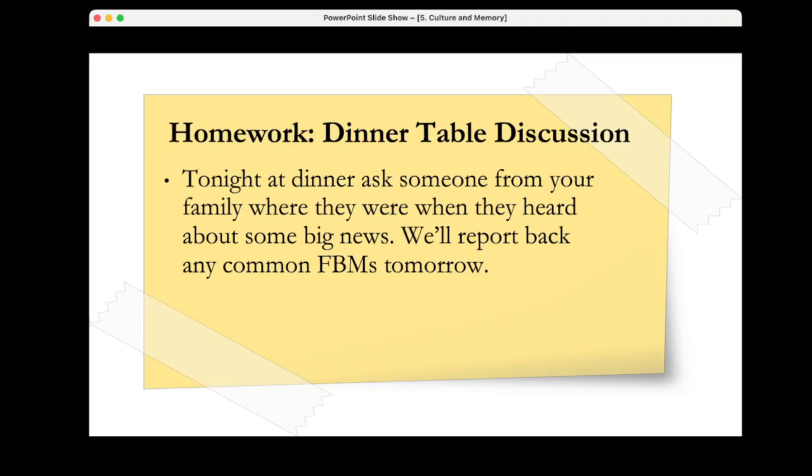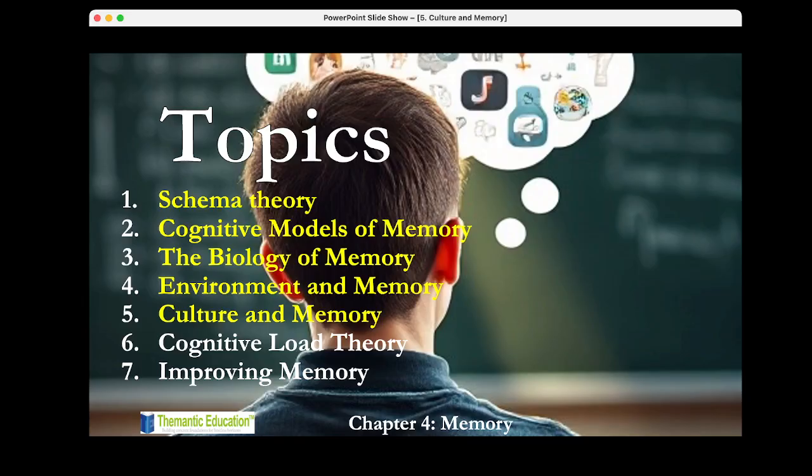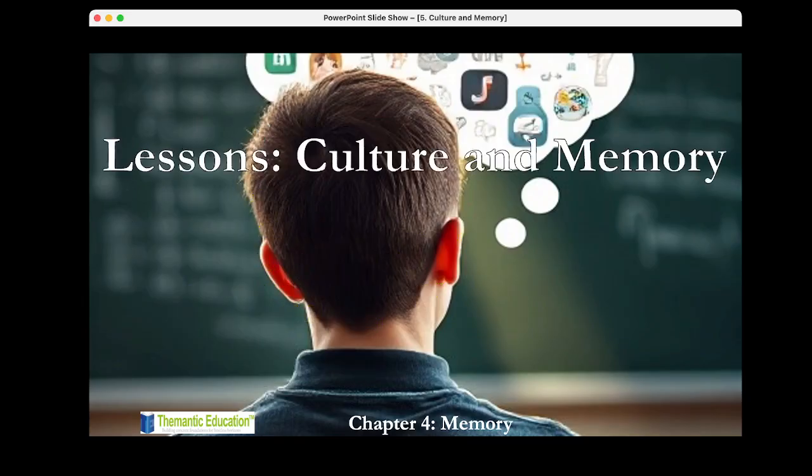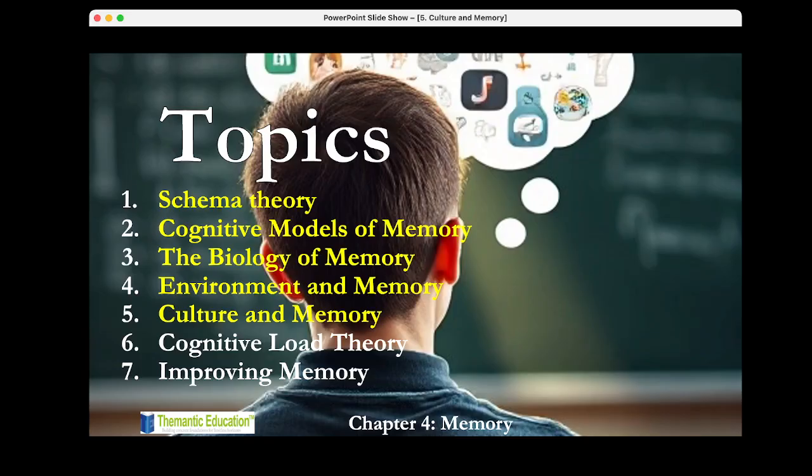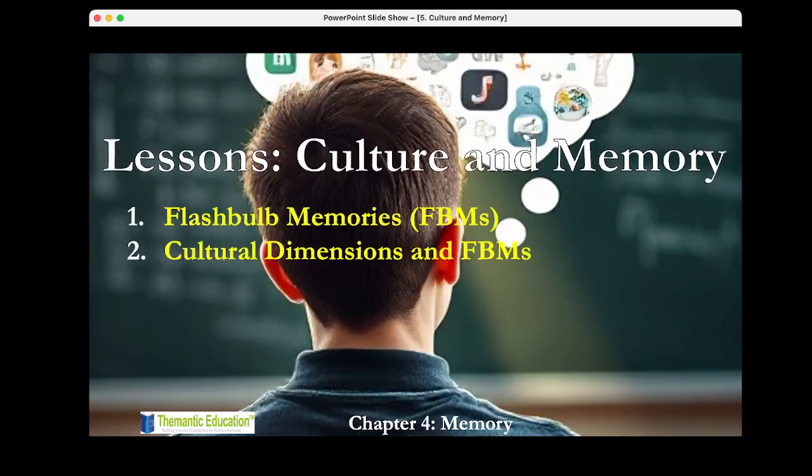Okay, and then they can take this home tonight and have a discussion. Does anyone at home have any flashbulb memories? Ask mum, dad, grandma, grandpa, and we can report back tomorrow. Okay, nice, easy beginning with flashbulb memory. Just wondering if that would be 60 minutes, that lesson. They seem to go fast when I explain them here on these slides, but anyway, all right. Okay, coming up, we'll look specifically at cultural